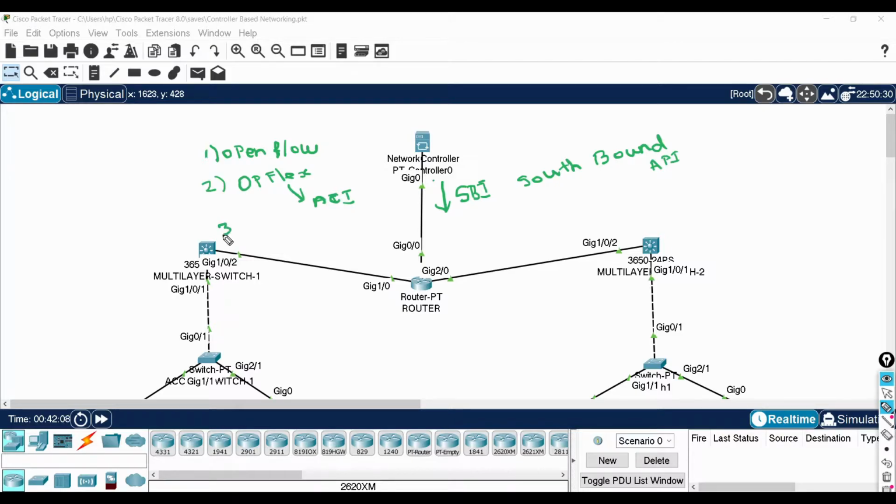And the third one is, we can say, the DNA controller, one of the popular network controllers available. DNA stands for Digital Network Architecture, and yes, it is also called DNAC. And the last and fourth one is NETCONF.